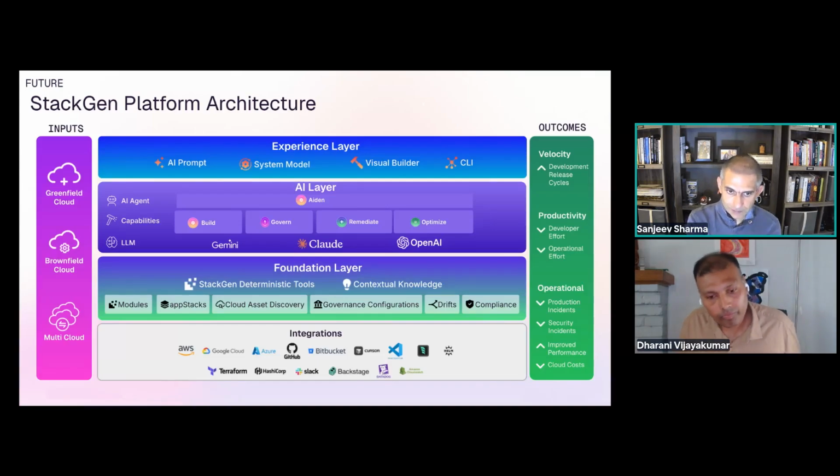Anything that you would like to add, Sanjeev, before we get into questions from the audience in the chat? Yeah, I think this is the beginning of a very interesting journey, right? All of us have been following AI and how it's gone from a simple ChatGPT instance to so many complex tools which we are seeing now, right? AI, of course, has been around for a while. There have been some very complex solutions, but in this natural language, post-ChatGPT world, where we are using LLMs and now agents to help us solve problems, I think what is laid out here as the StackGen platform